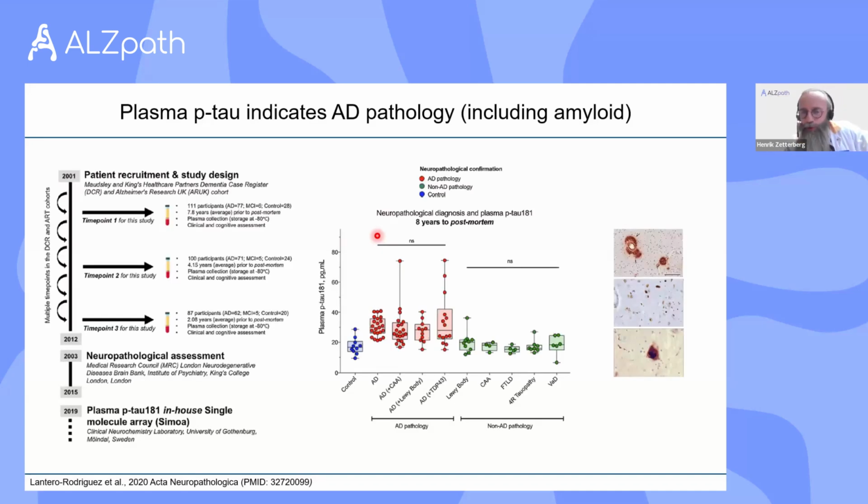This is an autopsy study indicating this. So people donated plasma, and then when they died, they also donated their brains. We had some different sampling time points, and 8 years before post-mortem, plasma was donated, and then we could measure plasma pTau217, and then you see that people